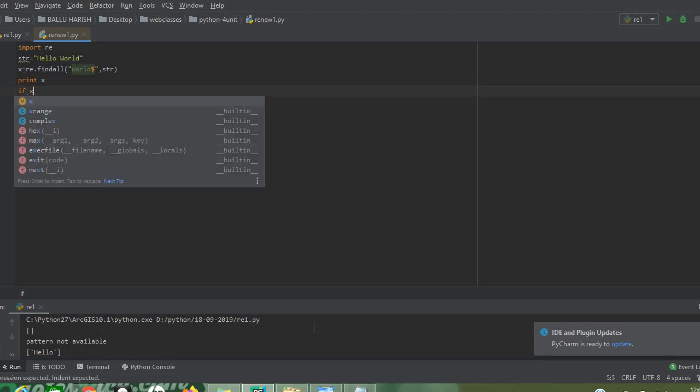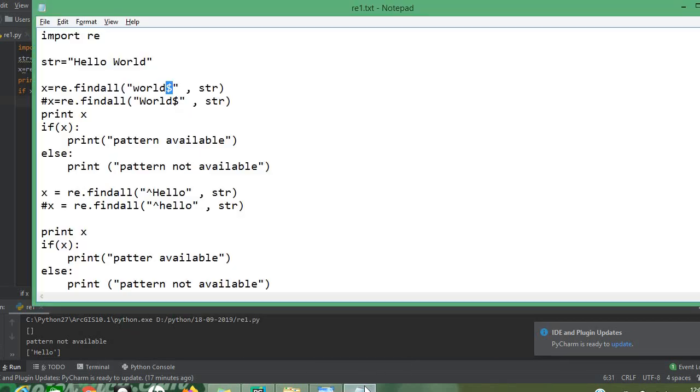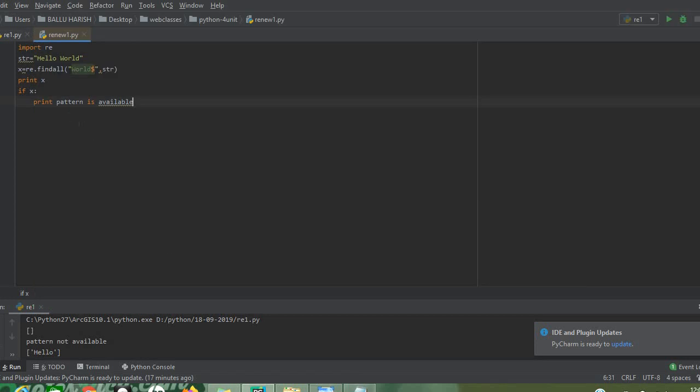If X, that is, if the particular pattern exists in the string, I want to print: pattern is available.